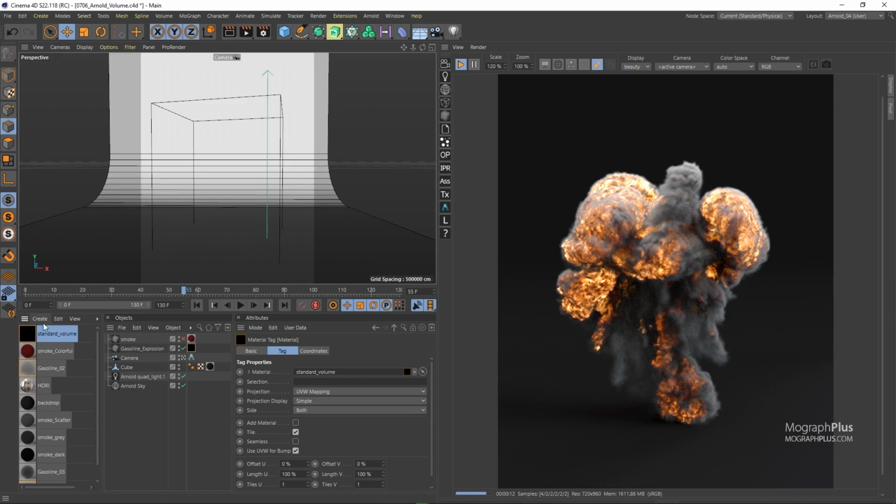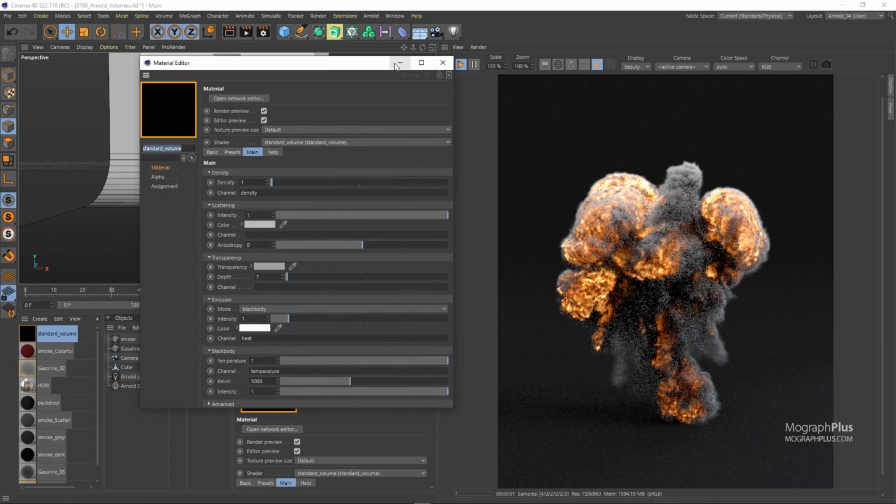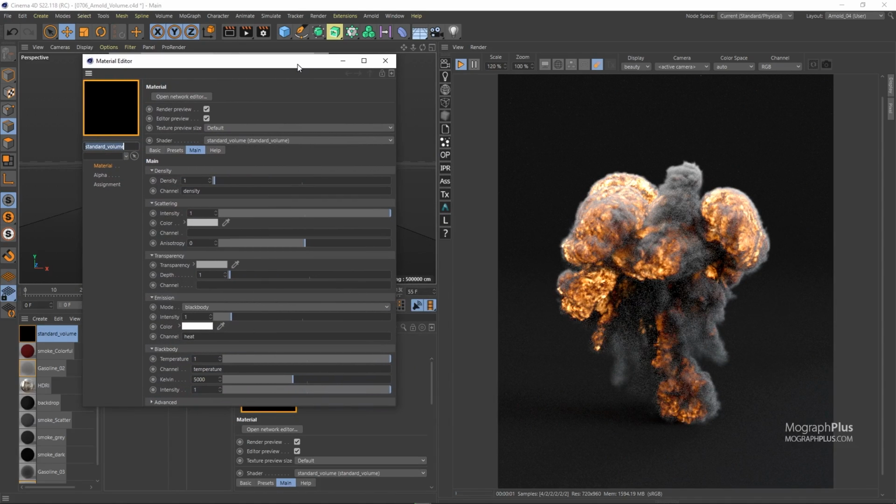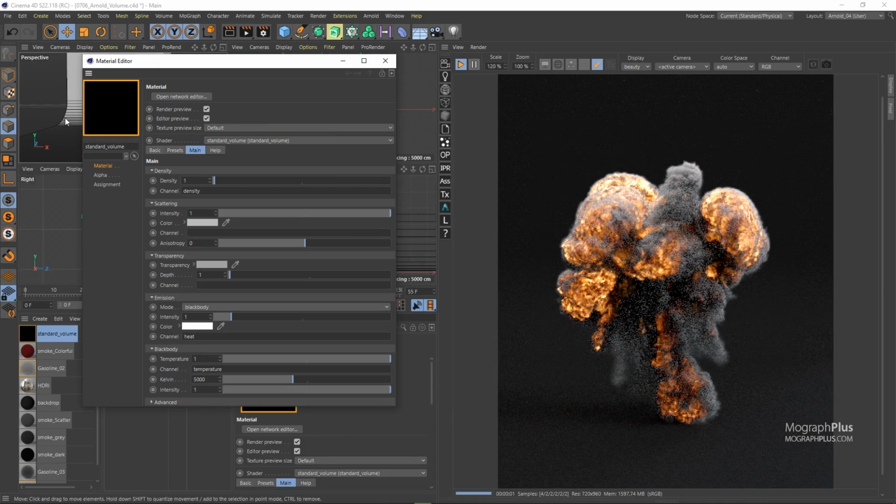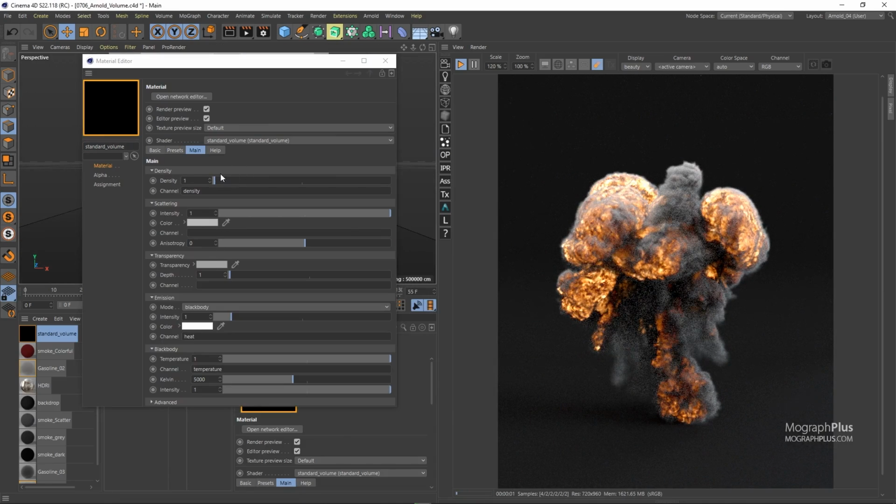So let's open up the standard volume shader and take a quick look at the most important parameters here. So standard volume is a physically based volume shader. It provides independent control over volume density, scattering, transparency, and emission components. Each component can be controlled by a volume channel coming from the volume object, with other parameters acting as multipliers